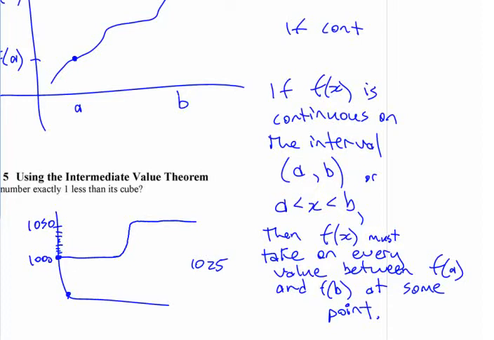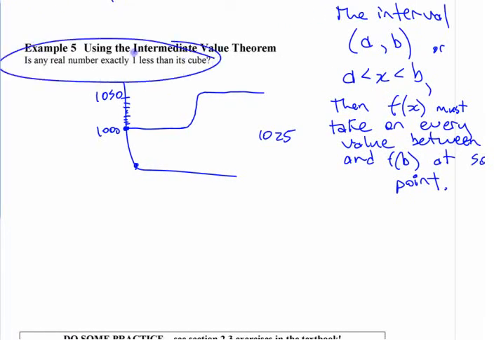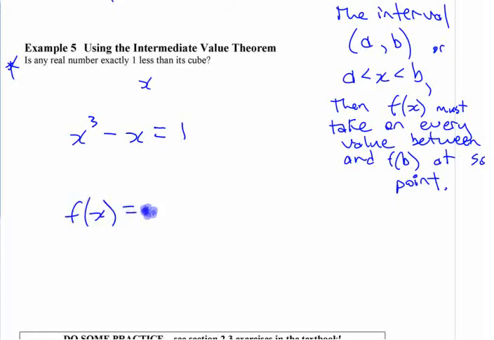Okay? The question that's here, this is one out of that textbook, is any real number exactly one less than its cube? You can find it pretty easily, but if you want to make an argument to does it exist, you could use this idea. Exactly, is any real number exactly one less than its cube? So if you have x and you say exactly one less, so one less than its cube means if I subtract it from its cube, what does that equal? 1, right? If you use this function, f of x equals x cubed minus x,